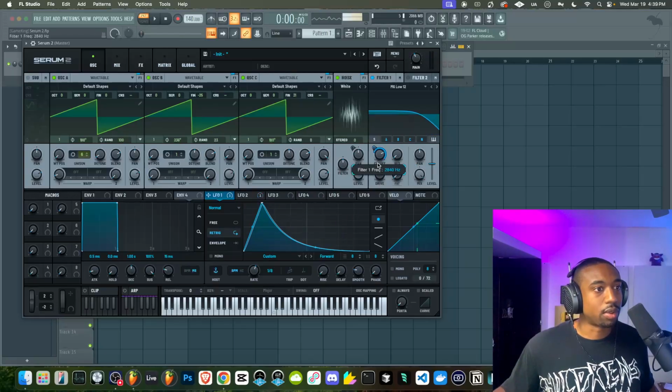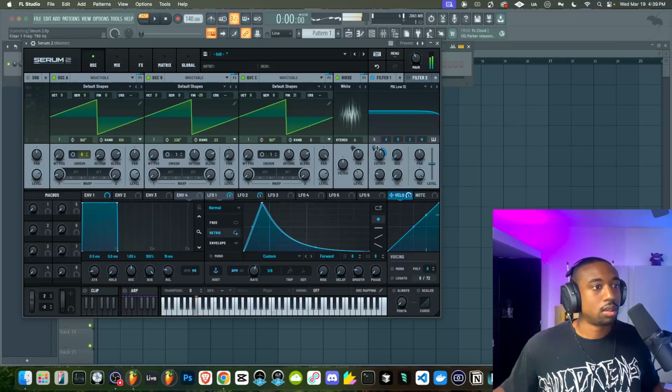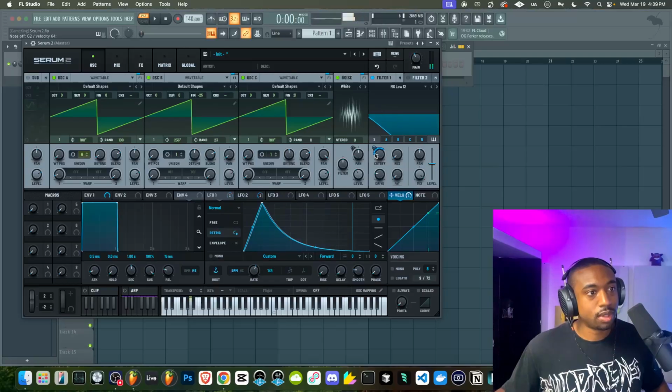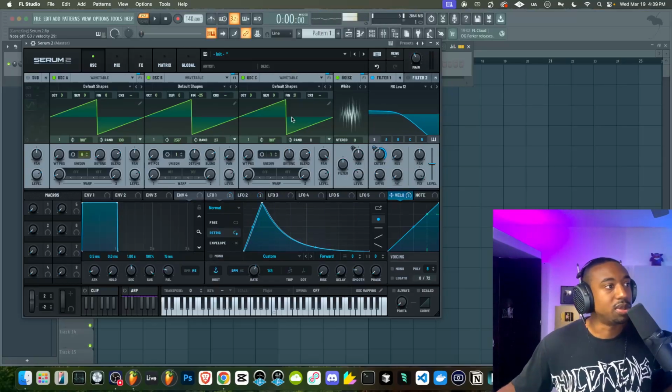And I want somehow for the cutoff to be controlled by the velocity, how hard I hit it. But also have the LFO movement, so it's very subtle, but if I hit, it's really hard to hear because of the LFO. But basically, if I hit harder, the note opens up the filter more.